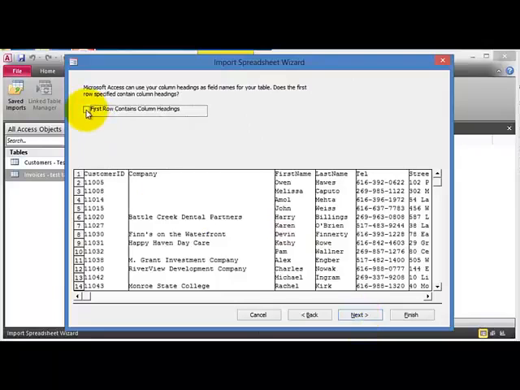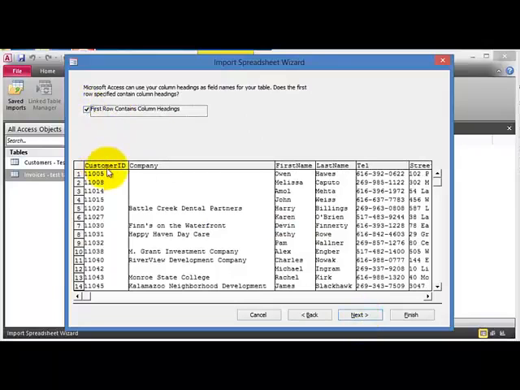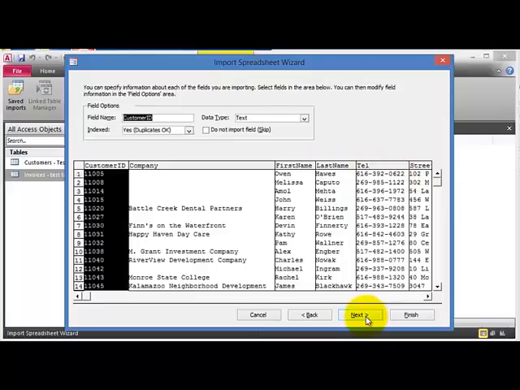The first row we say it has the headings. So we want the computer to pick what was in Excel, for example, first name, last name, and so on. Click on Next again. And then it's asking us which one is going to be your list of customers, or